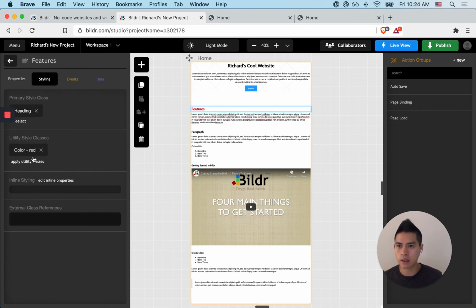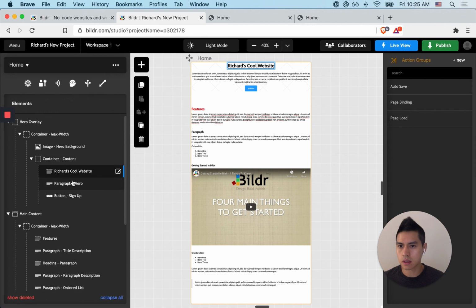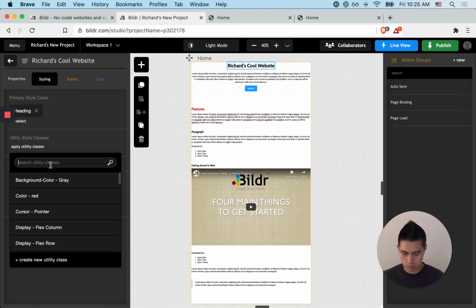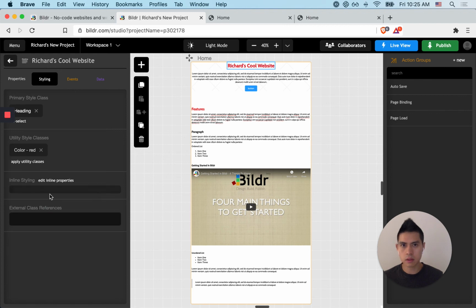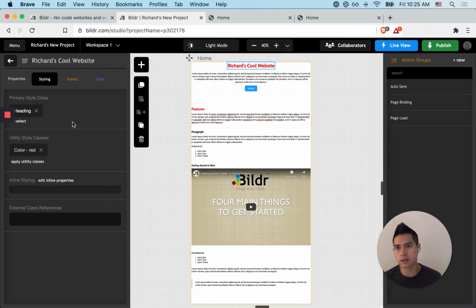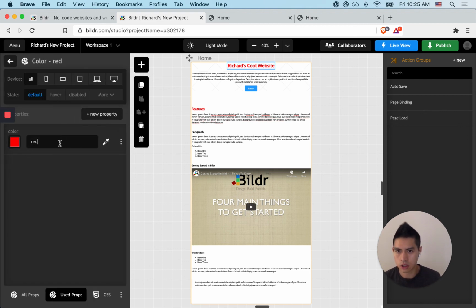So now I can use this color red on any element that I want. Let's say I want to add it onto this guy. It's right there, grab it, and it should turn that color red. So basically, whenever I change that style, which I can just click here again, I can change it to